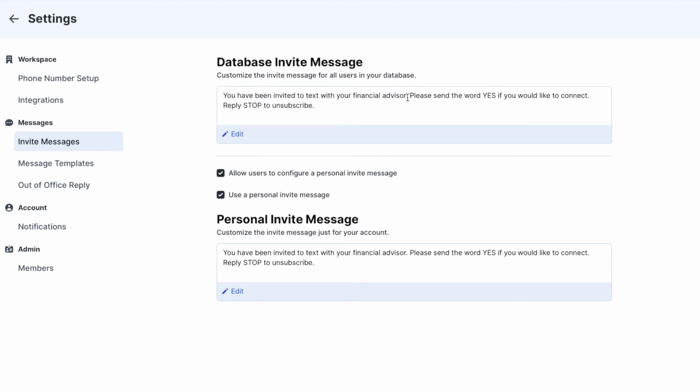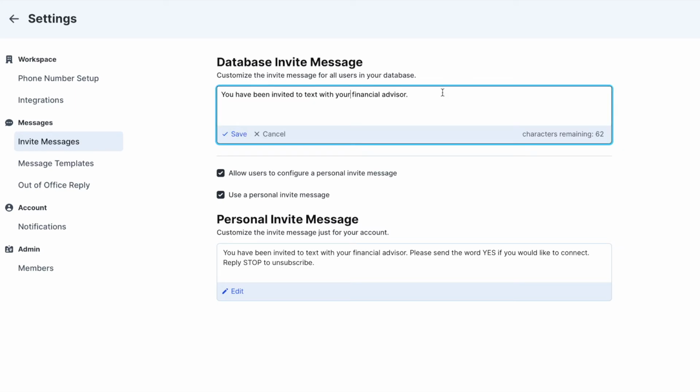The "please send the word yes if you would like to connect" and "reply stop to unsubscribe" are the important instructions we need from a contact to make sure we can send them messages, as well as to make sure they always have an option to stop receiving messages. That ending will always stay the same, but you can come in here and edit, and if you don't want to say you've been invited to text with your financial advisor, you could have something like,